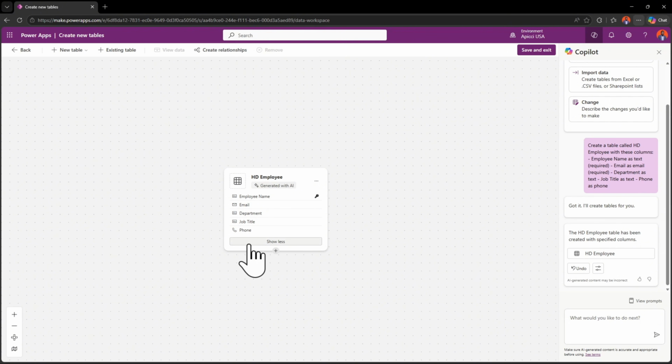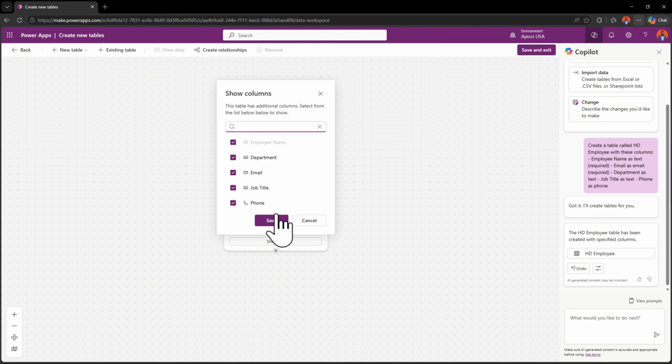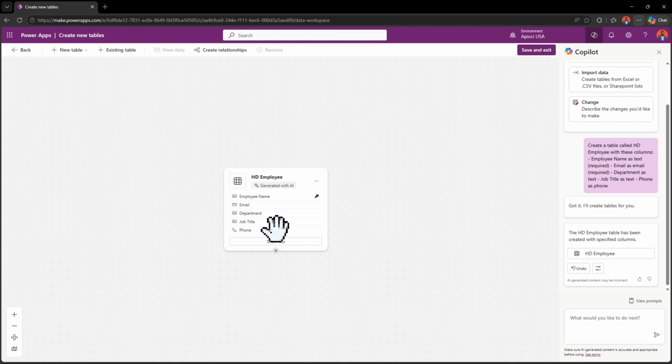So in here, I can choose to show less. If I've got more columns, I can also choose to add more. A question that you may have is, are we just limited to the columns that we've prompted here? The answer is no. If, let's say, you want to add a few more details, or maybe you want to change